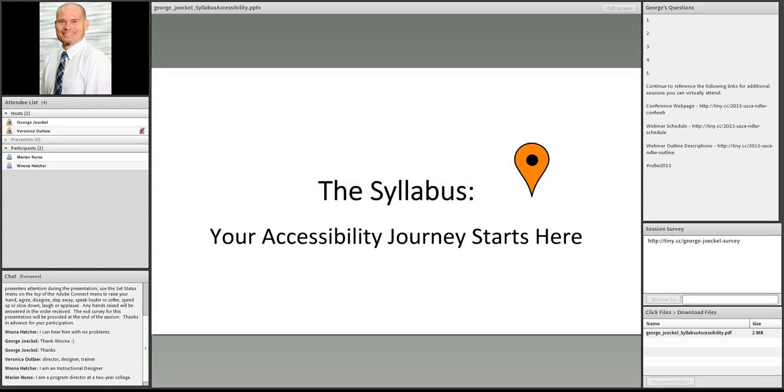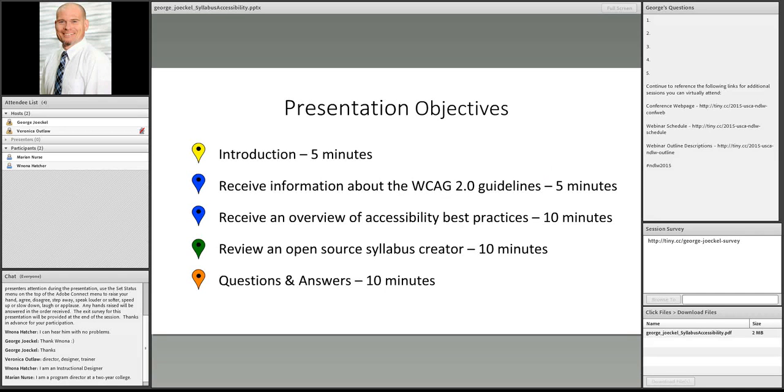Great. Okay. Well, this is how I've got the presentation laid out. Introduction, about 5 minutes. And then you'll receive some information about WCAG 2.0, and I will explain what that acronym means. That'll be about 5 minutes. And then we'll have an overview of just a few accessibility best practices.